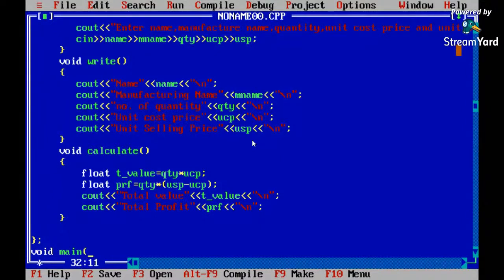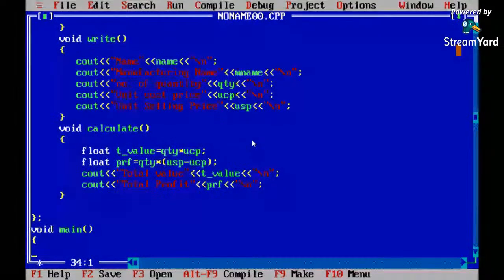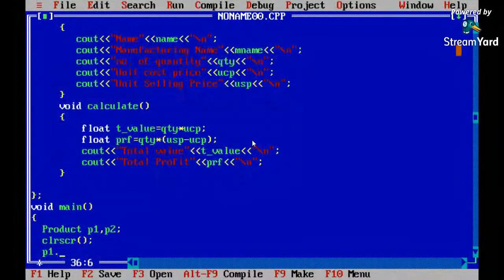And how we create the object, it's simple. Product, P is capital, P1. P1 dot read,